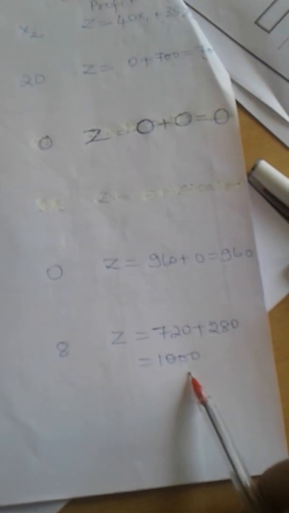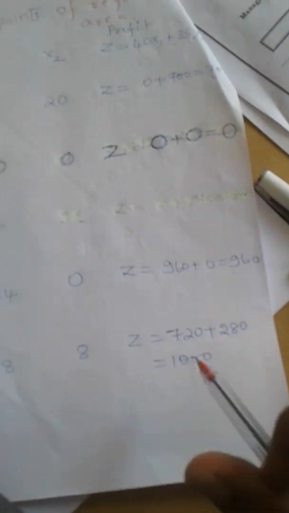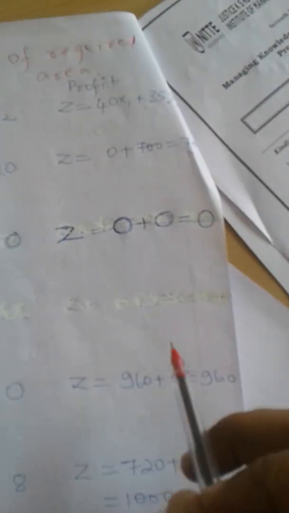Next, D is 960 because x1 is 24 and x2 is 0. This will be equal to 960. And in the last, that is point E, we are going to consider it as 1000. Now, with this solution, what we are going to see is that the maximum profit is achieved. Maximum profit, if you have to see, this is 700, next one is 960, and this is 1000. So maximum profit is achieved with 1000. That is the reason this is the answer. This will be the solution.